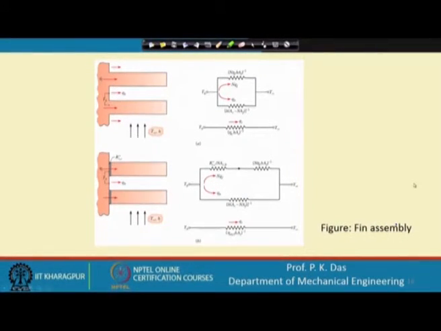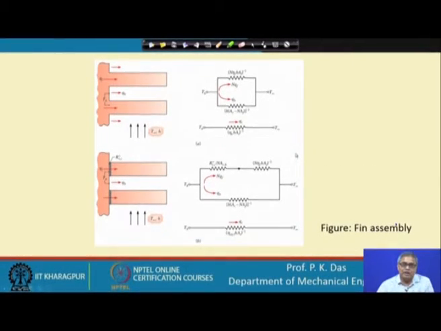Here I can tell you that by this time probably we are convinced that though in heat transfer books, and I have also done the same way, we have analyzed a single fin, we never use a single fin. In a heat exchanger we use a large number of fins. We use a finned surface. That is why we have calculated the surface efficiency where there are a number of fins, one or two lectures before. In this case I am showing that there are a number of fins.